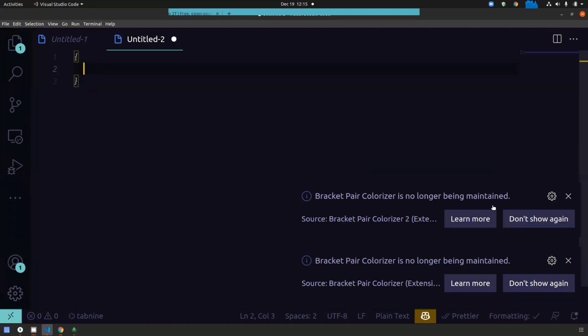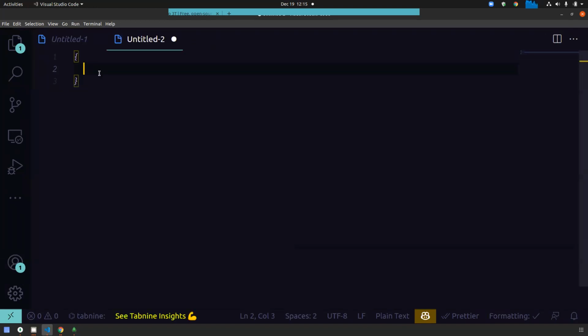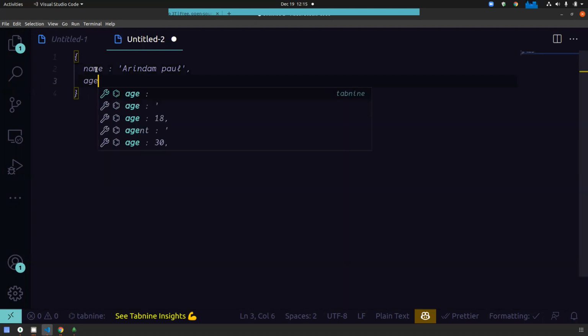You can see, right? This is the key and this is the value.